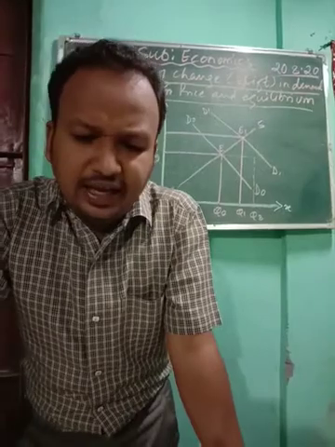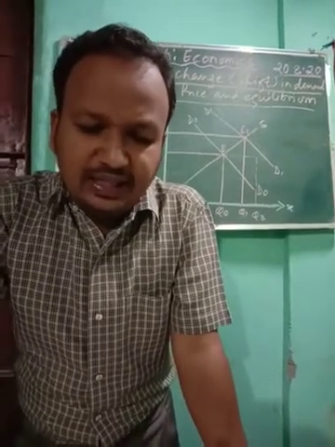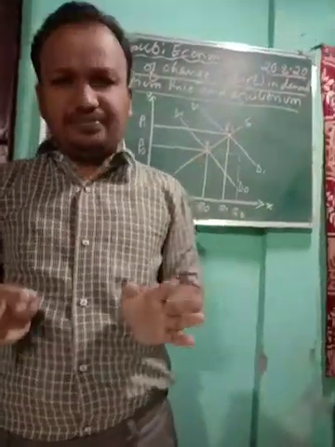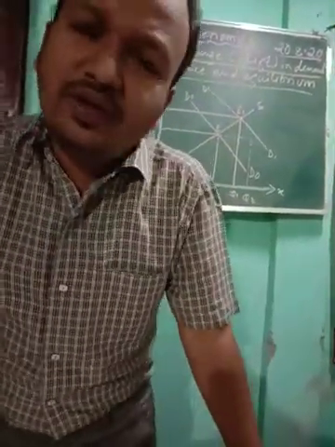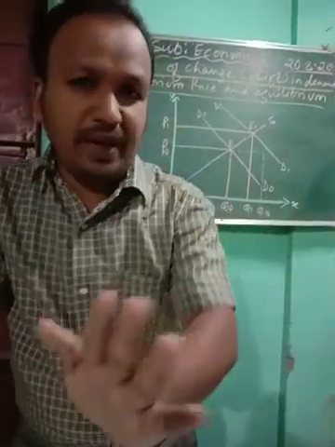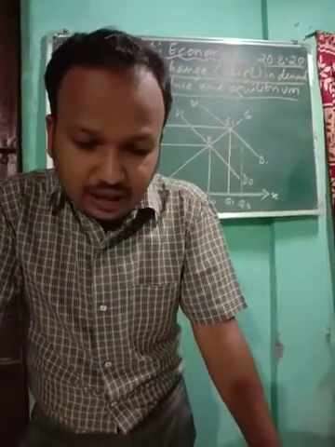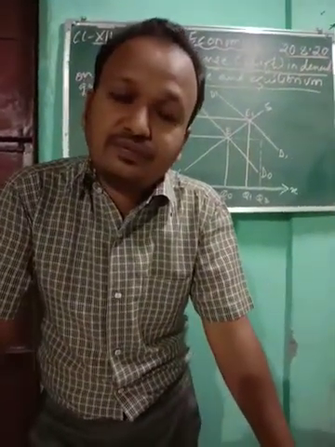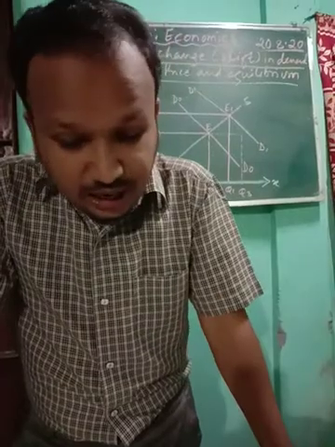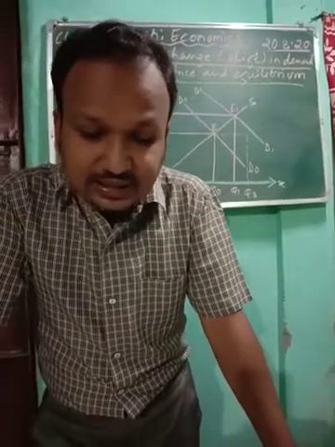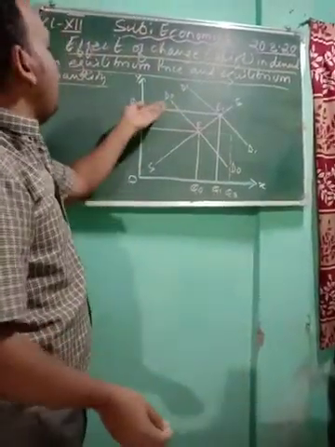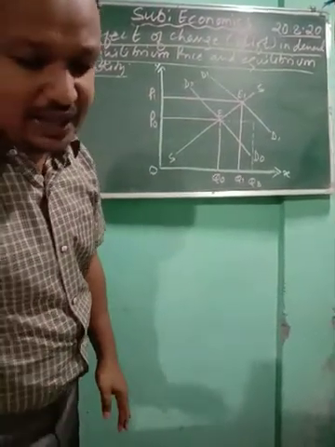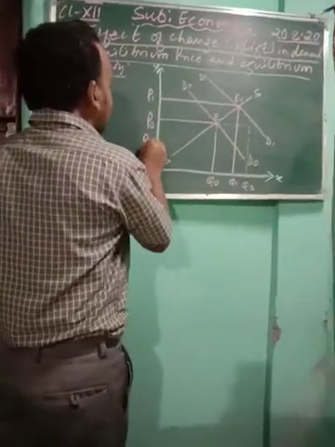On the other hand, consider the event of a fall in demand and the leftward shift of the demand curve. Suppose suddenly there is a fall in demand. Supply is fixed, so what will happen? A decrease in demand will shift the demand curve from right to left. This will cause the price to fall. Suppose the demand has fallen, demand became very less.